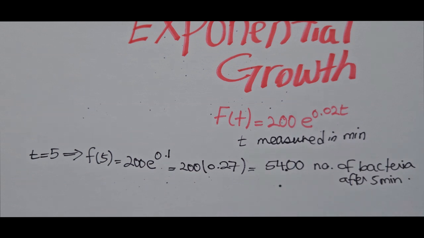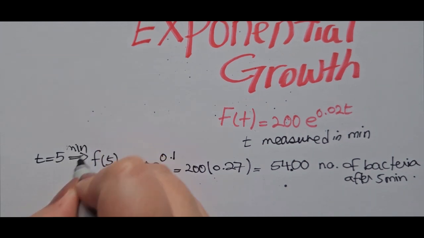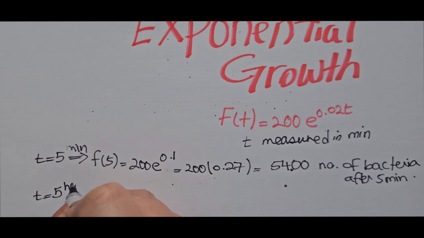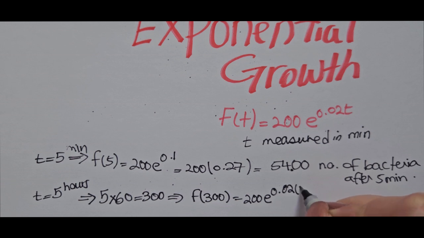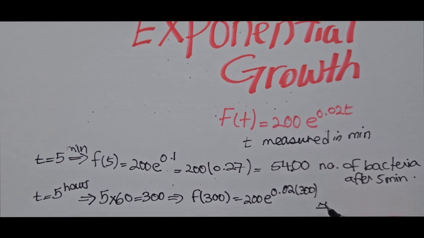Let's say the second part of the question is asking you what is the number of bacteria, but this time they ask you after 5 hours. It's not minutes, but it is hours. So what you have to do, first of all, you have to change it into minutes, which is 300. Then you just substitute t as 300. When you substitute it, your answer would be 200 e to the power 0.02 times 300, which if you put it in your calculator would be approximately